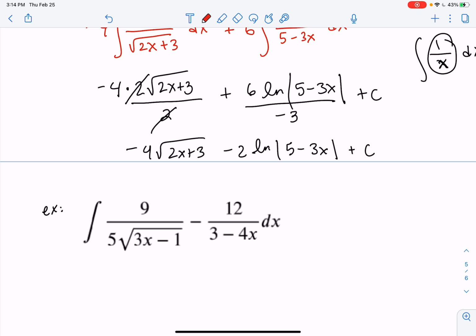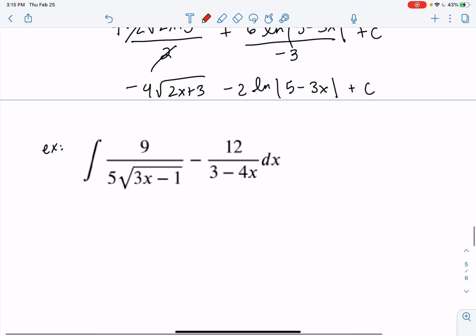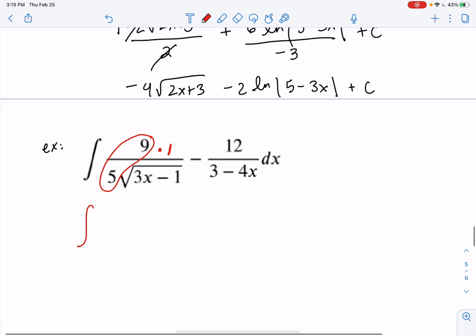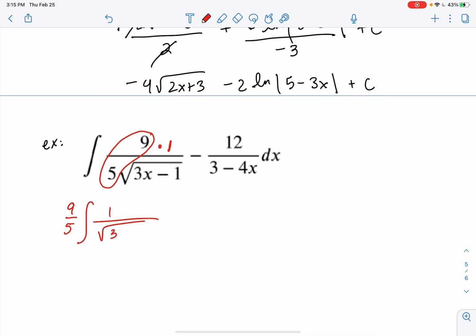Okay, so if you were overwhelmed at first, one thing that you could do is pull out the constant multipliers and actually write them separately. Since that root 3x minus 1 is in the bottom, I'll make sure I remember it's in the bottom by writing a times 1 on top. So we have 9 over 5, I'm just pulling it out in front, a 1 over root 3x minus 1,